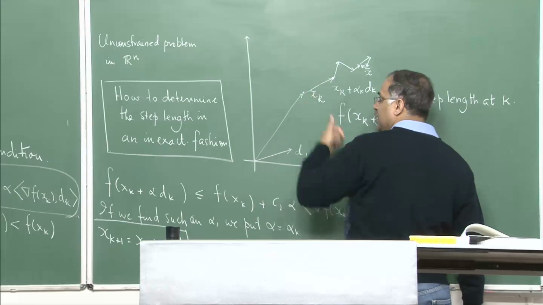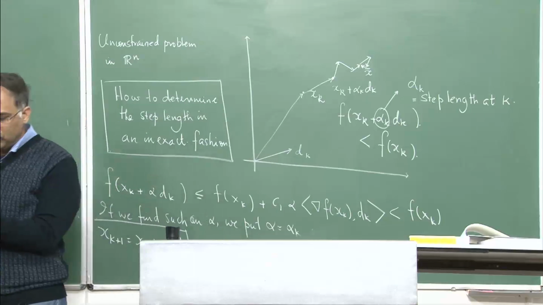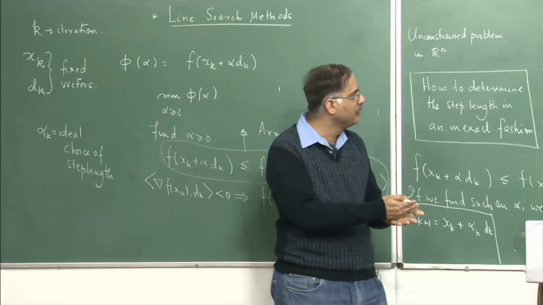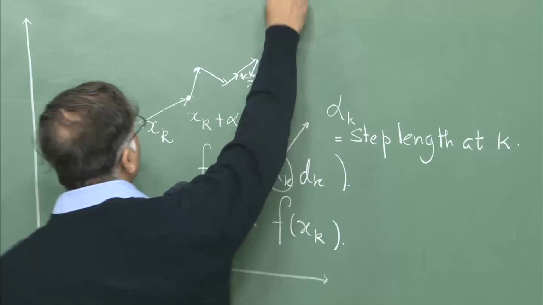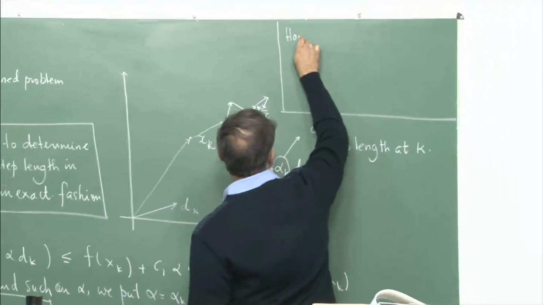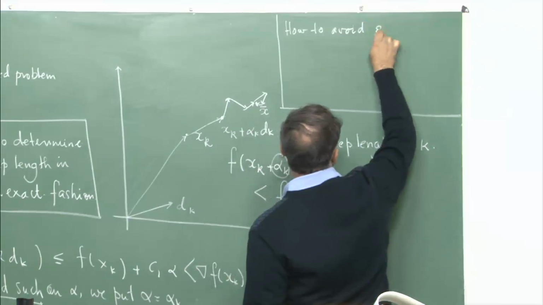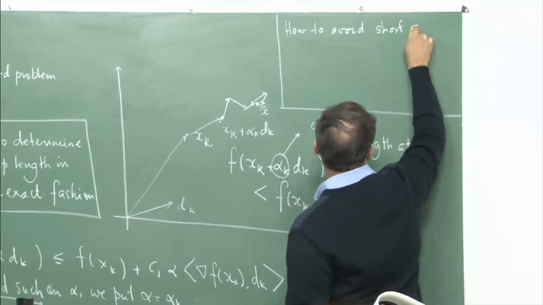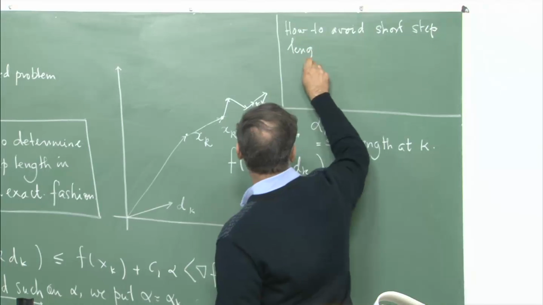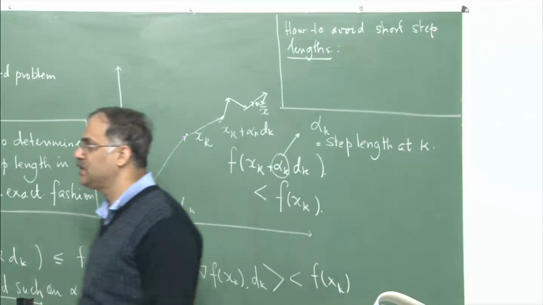So, the whole thing is that then how do you stop such short step lengths? If you have a very short step length, then you do not make much progress from x k, and that is not desired when you run an optimization algorithm. So, the question is how to avoid short step lengths. To avoid short step lengths,